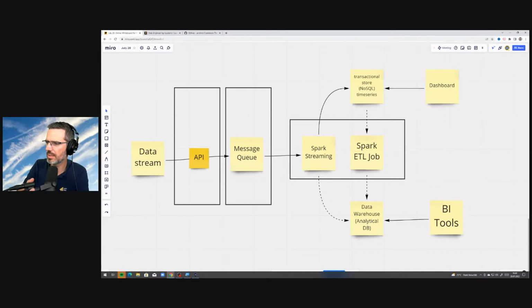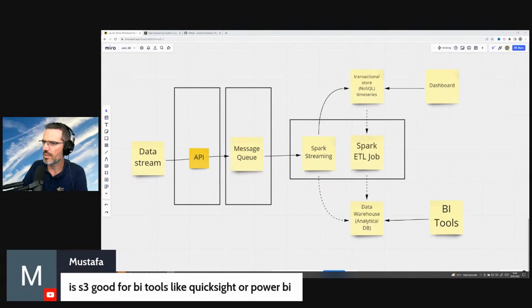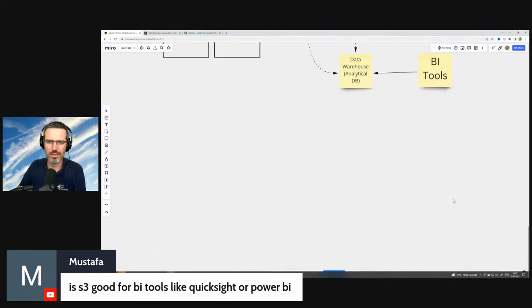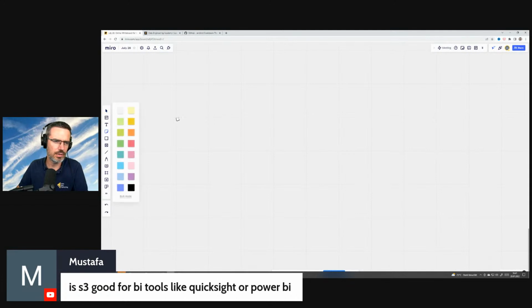Let me see, what questions do we have here? Is S3 good for BI tools like QuickSight or Power BI? The thing is, you want to have the data in a way where, let me put this differently. When you say I'm putting my data here in S3, right?